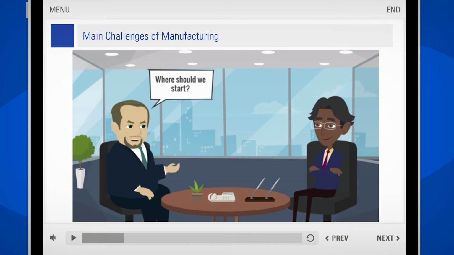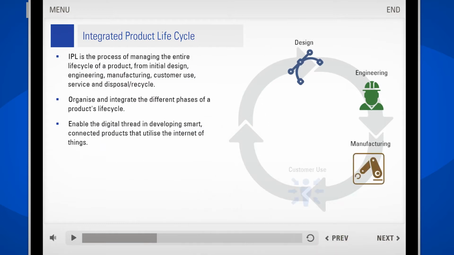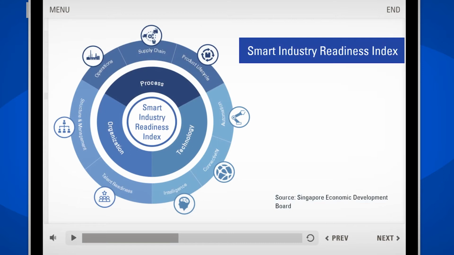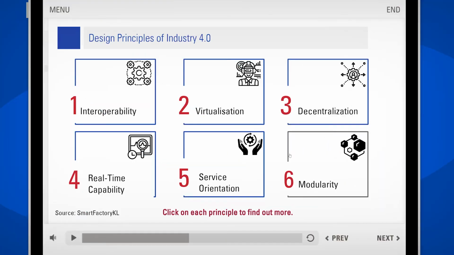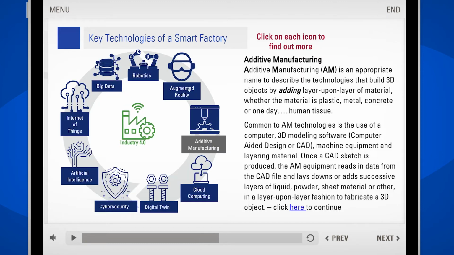The course covers the approach to implement smart factory concepts supporting digital transformation, and one of the most adopted frameworks to structure a company's digital growth in this area, the Smart Industry Readiness Index. You will understand the three main key processes in Industry 4.0, its design principles, and key technologies for a smart